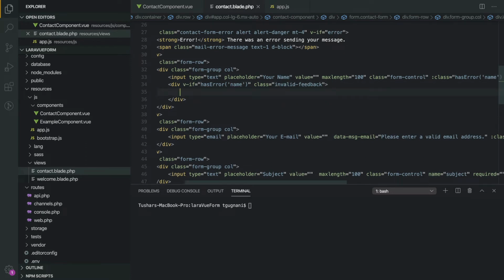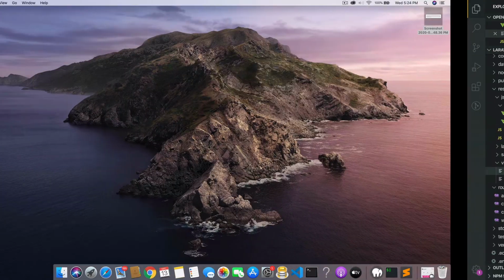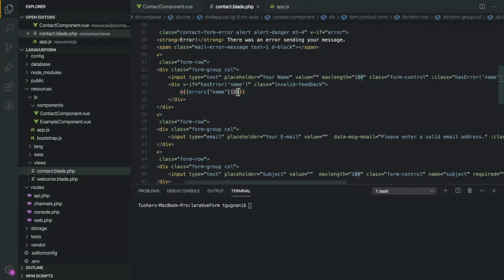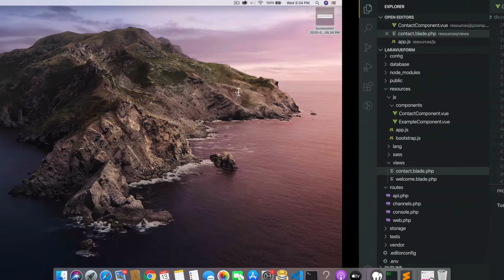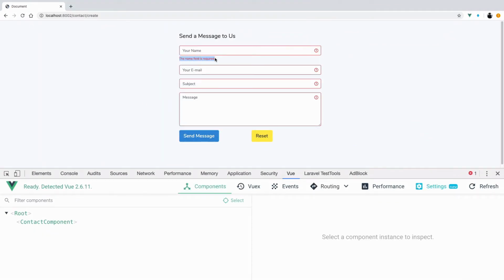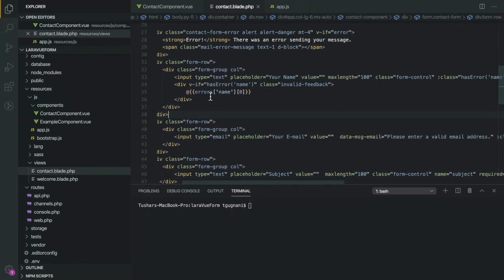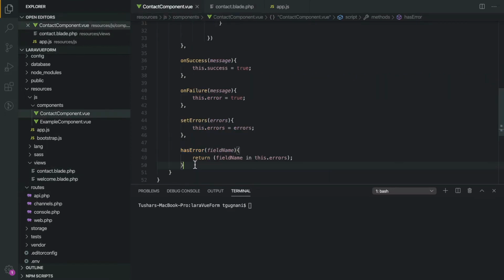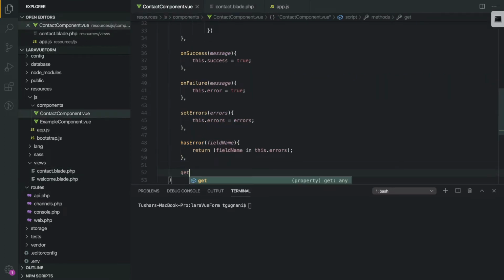And what do we show to the user? We show the errors object, the name field and the zeroth error element, where exactly the error message is. So we refresh this page, we send an empty request, and we get this: the name field is required. But if you think about it, we can change this to a method as well. We don't need to go into the depth of this. We can just include another method named getError,